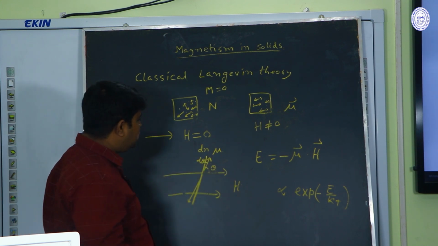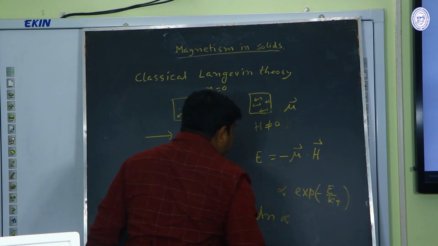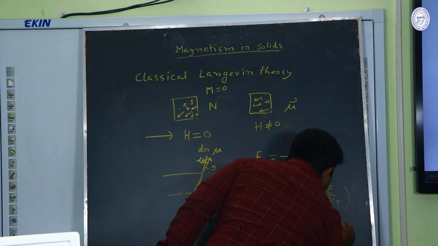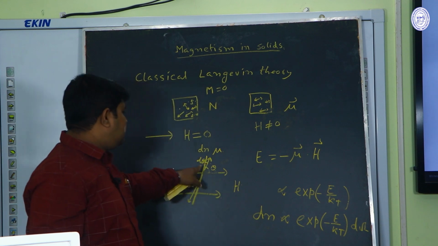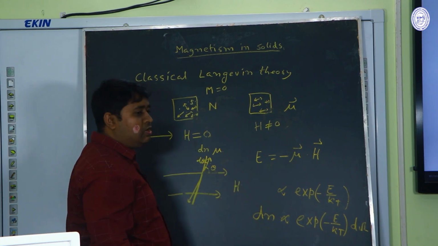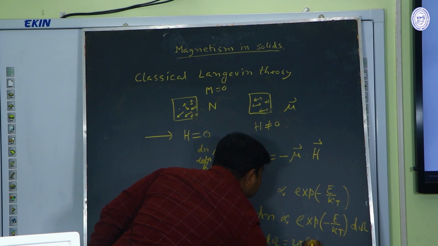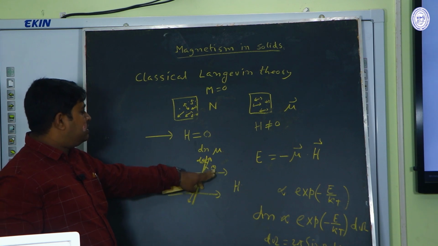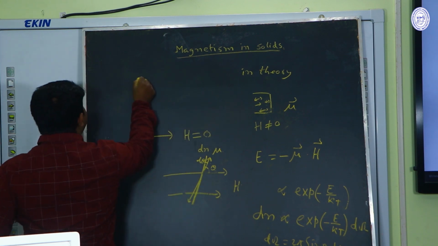The number of magnetic dipole moments lying between theta and theta plus d theta, that is within the solid angle, is proportional to e to the power minus E by kT into d omega, where d omega is the solid angle. d omega is equal to 2 pi sin theta d theta. So the number of dipole moments lying between theta and theta plus d theta is equal to dn,